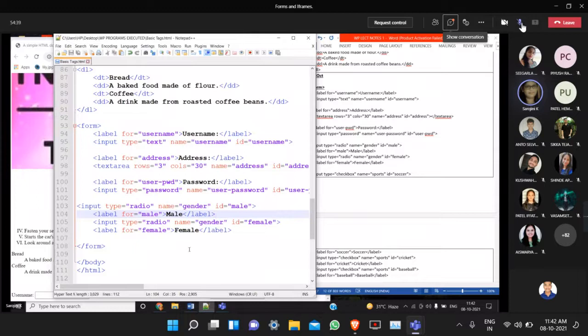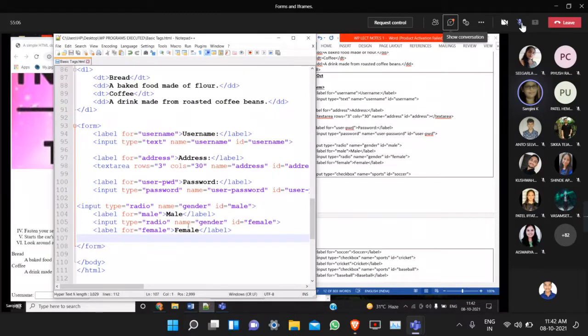Again the same way: type equal to radio, name equal to gender, ID equal to female. Students, please observe, this is one set of radio buttons. Why am I saying this is one set? Because I am creating these radio buttons to display the gender. Within the gender there will be two radio buttons, one is male, another one is female. This is one set of radio buttons.